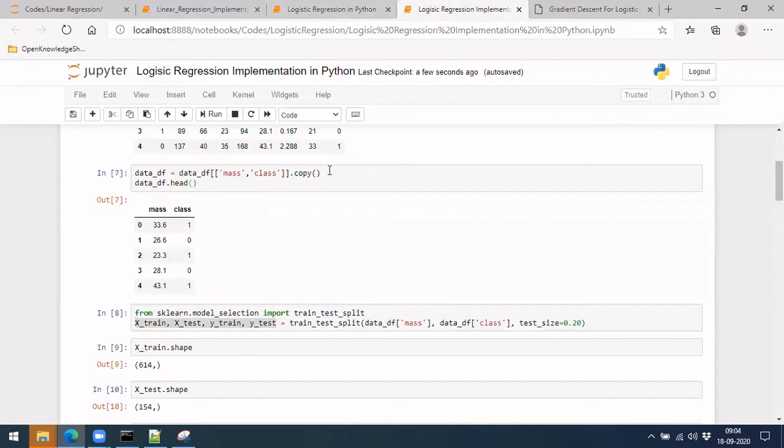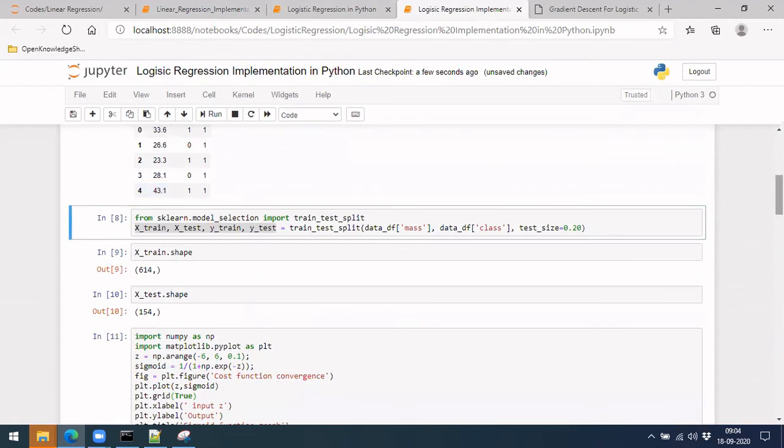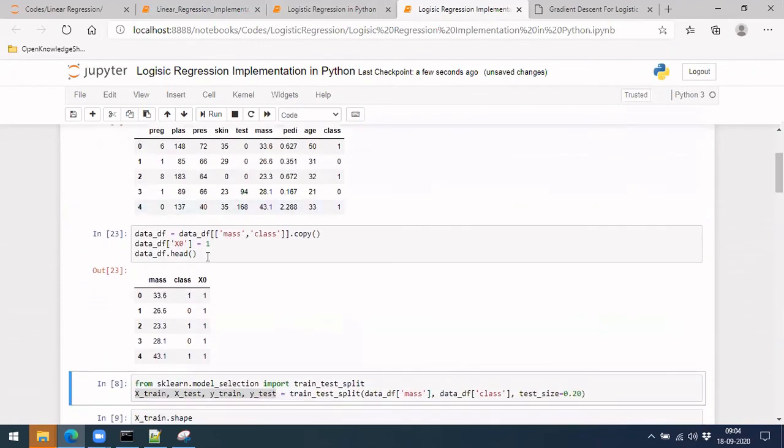So I'm doing something like this. I have added x0 here, and your output would be like this.